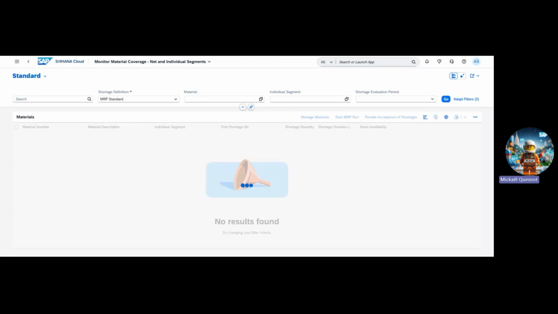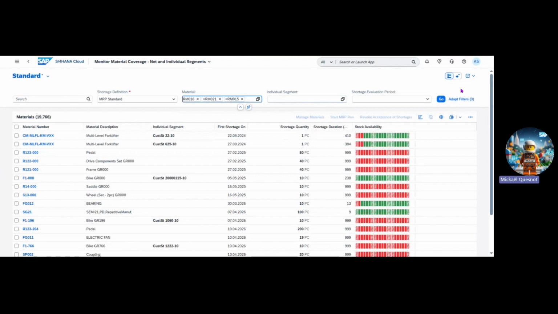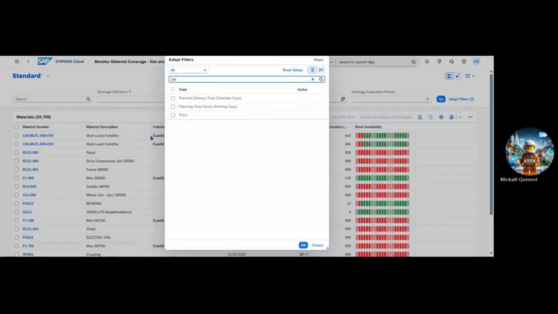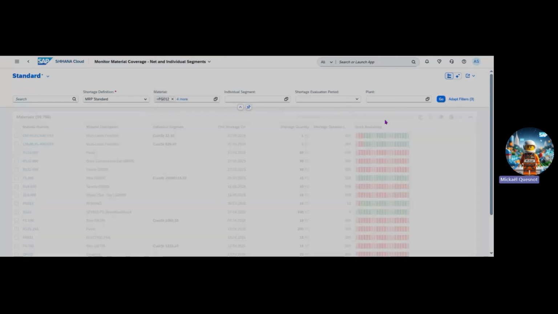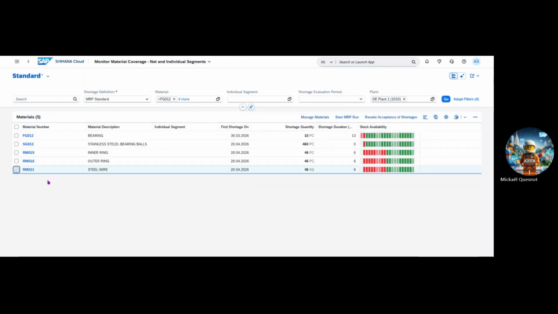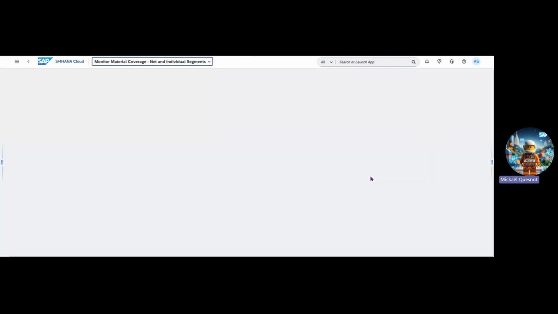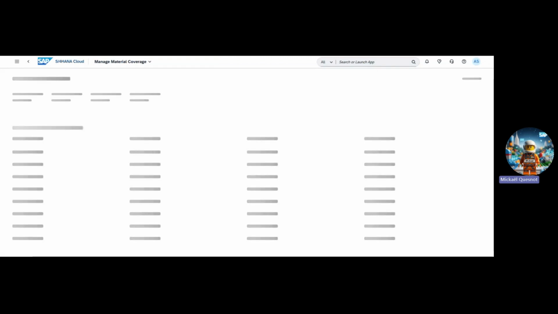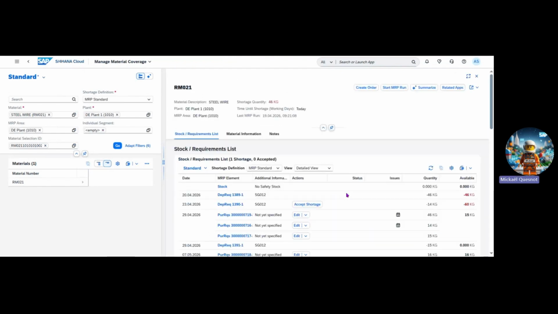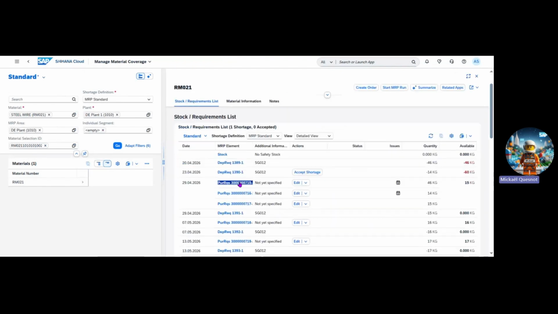So I select all my material like this. Okay, adapt the filter, plant, only for the plant 10. Okay, I go inside. I just want to be sure, before I execute the MRP again, that my purchase requisition has no fixed folder. So if I have a look right now,